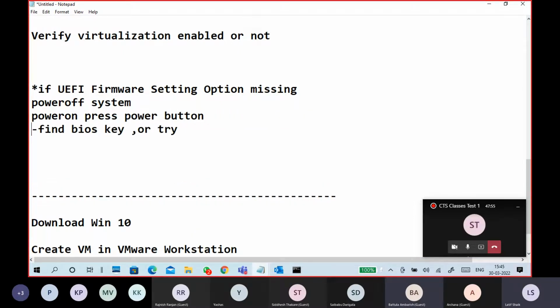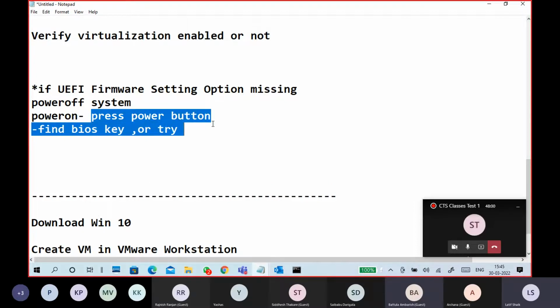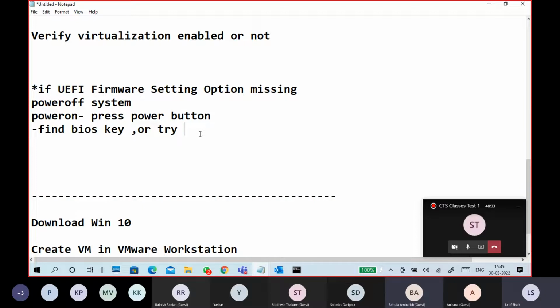That's it. Don't do anything. Power on means press the power button. Find the BIOS key, or try Dell F2. It depends upon your laptop, guys. HP laptop and Lenovo laptop, like that. So F12, F10, F9, like this. Different types of keys are there to go inside your BIOS. So once you go to the BIOS